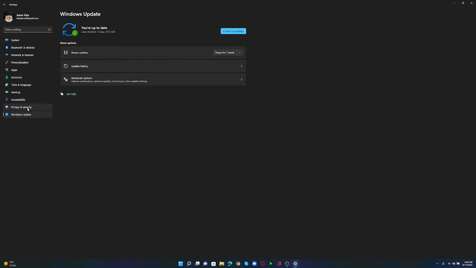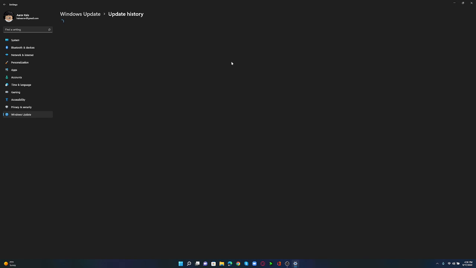I'm not gonna click on it, but privacy and security shows all the different passwords, security and stuff like that. And it says you're up to date. Yay. And you can check for updates too. Today at 9:43 a.m. It does that daily. And you can even pause updates, update history. If you want to see the update history,